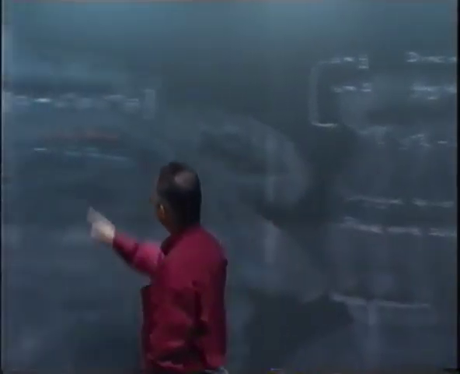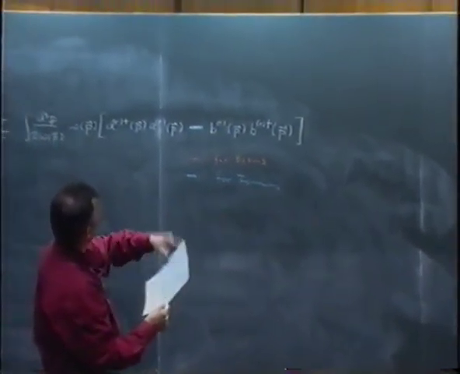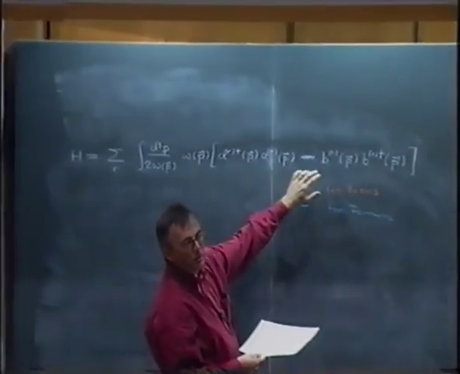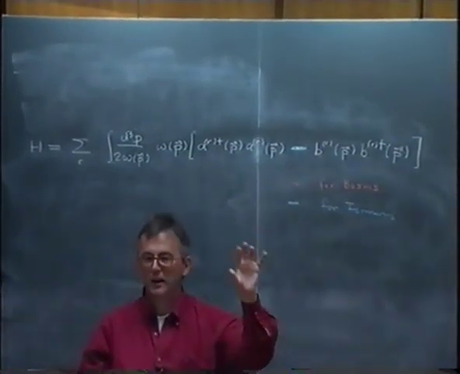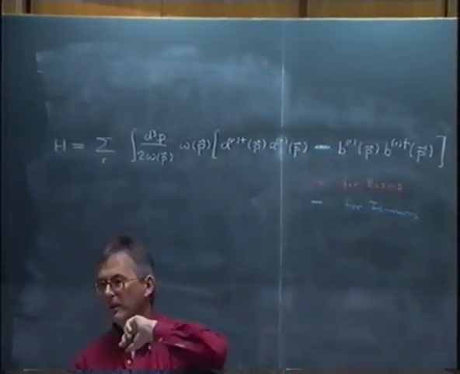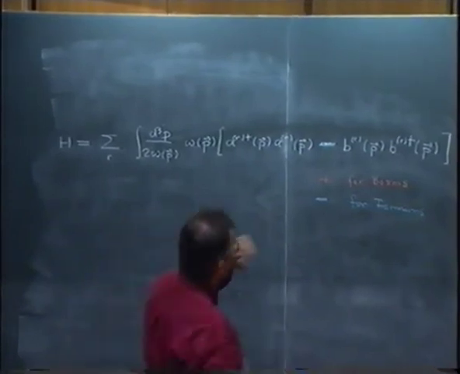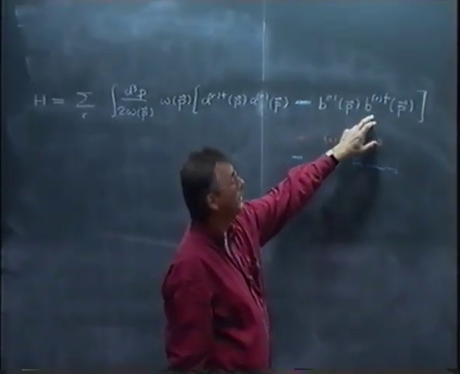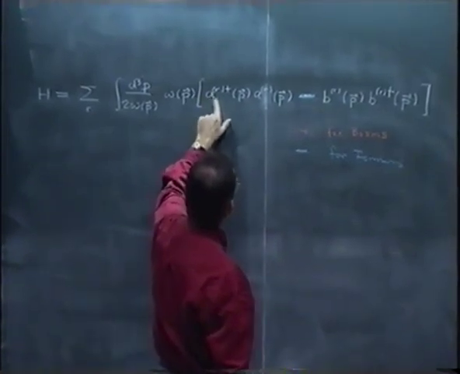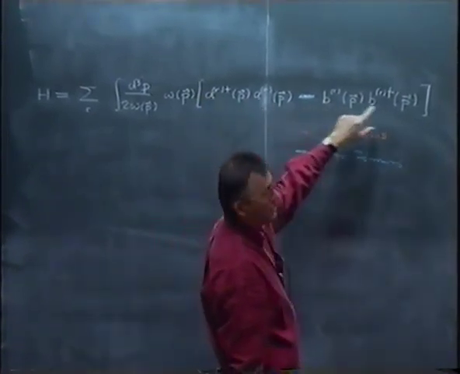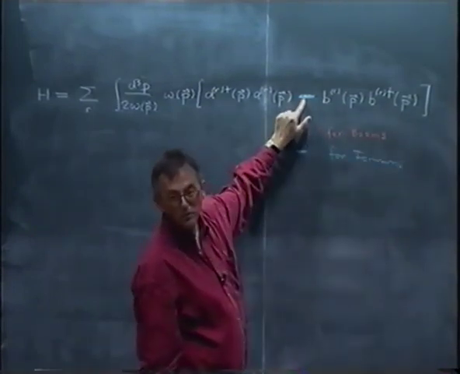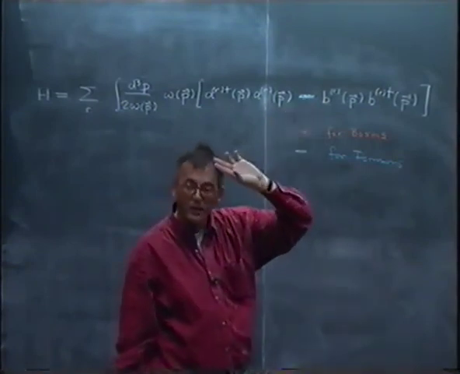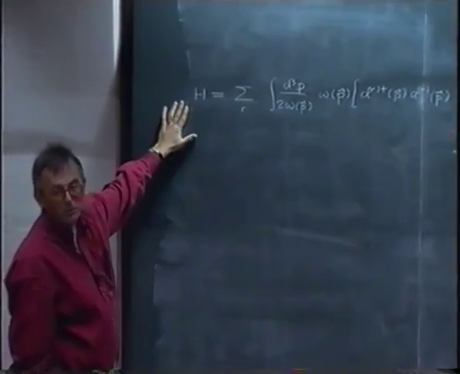Now, for the bosons, we have this calculation for the harmonic oscillator, a dagger a plus a dagger, and then we imposed the commutation relation, and it was a dagger a plus a number. Now, what would happen if we simply imposed commutation relations here? We would rewrite this as a dagger a, b dagger b, throwing away an infinite constant, but the minus sign would still be there. And that would mean that this Hamiltonian operator, as it stands, would not be positive definite.